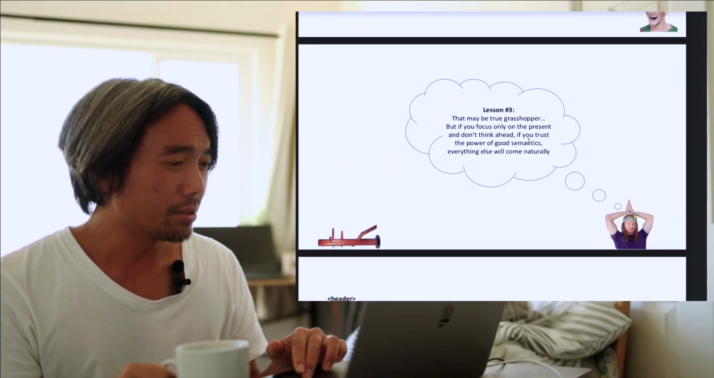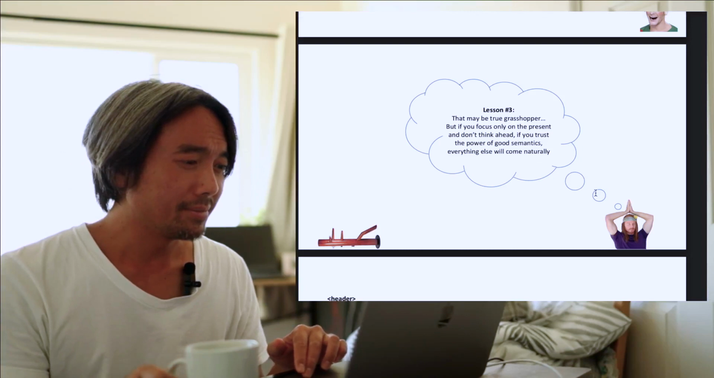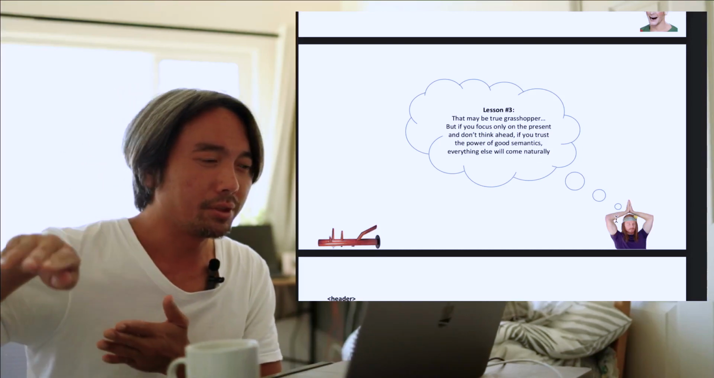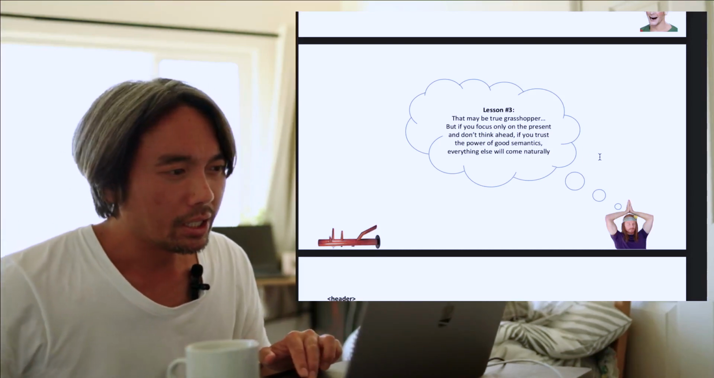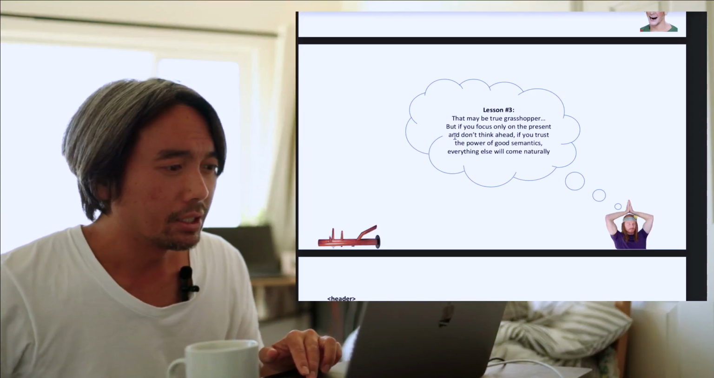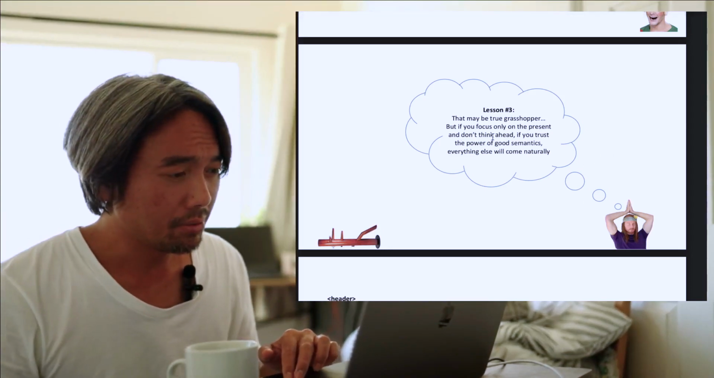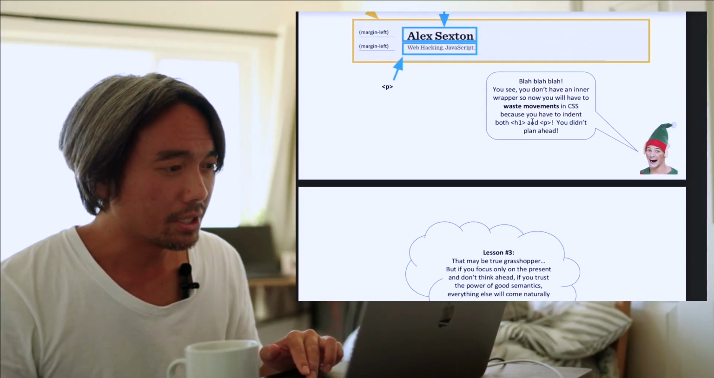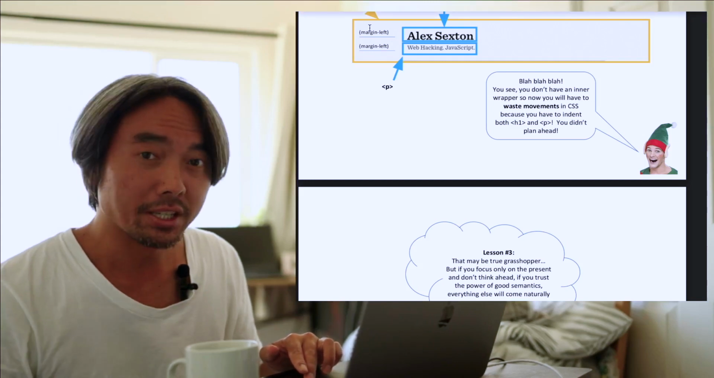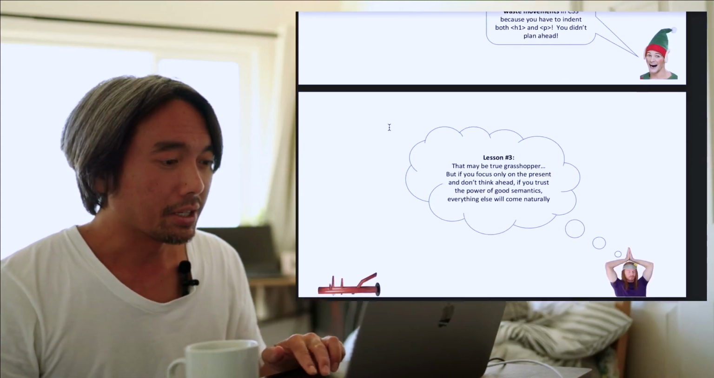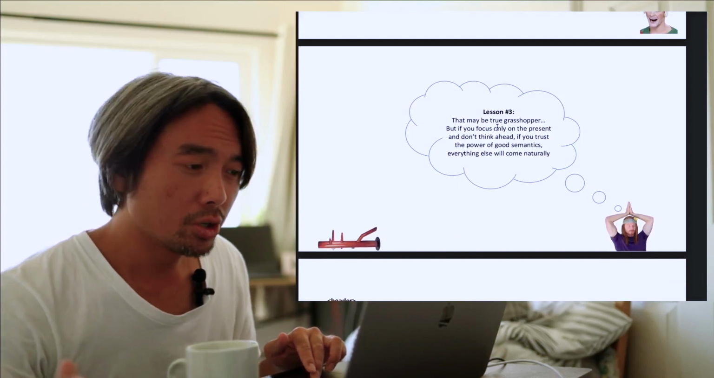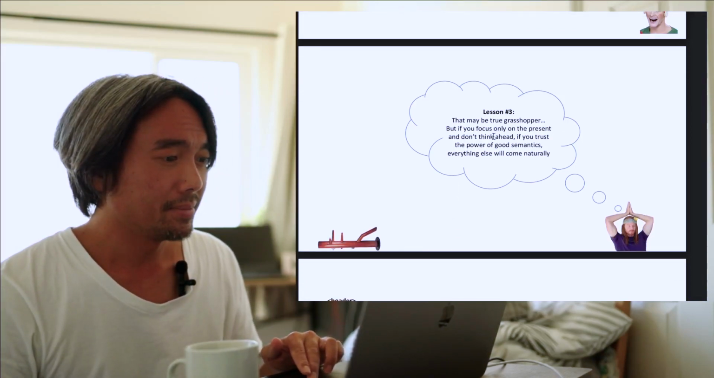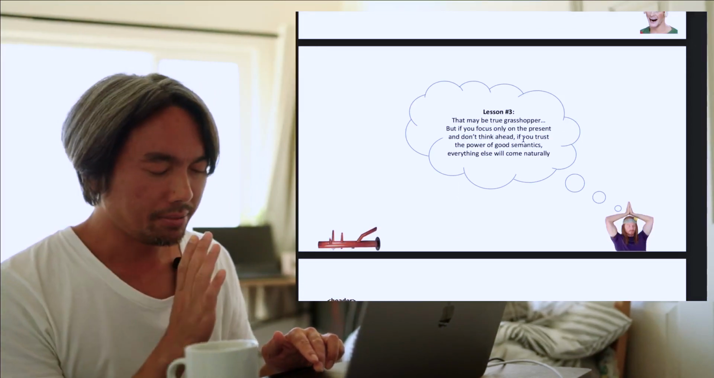Okay, so here's lesson number 3. All right, the guru kind of with his kung fu knocked over the Wing Chun dummy, and he's giving lesson number 3 here. That may be true, grasshopper. Okay, what the grasshopper just said here is that you're wasting movements in CSS now. Okay, so the guru is saying that may be true, but if you focus only on the present,